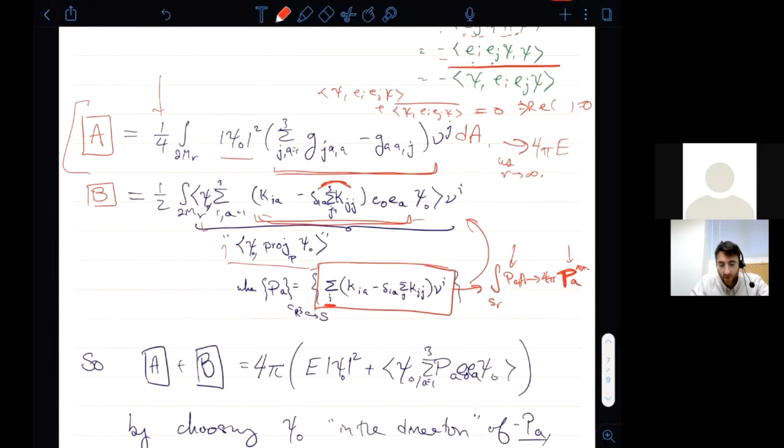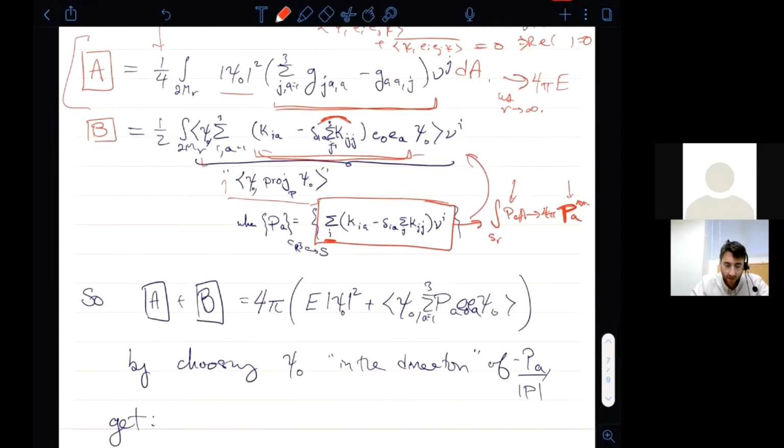Okay, so in the end, what do we arrive at? We get the following. This should be kind of in quotation marks. This is still being integrated over M_R, taking the limit as R goes to infinity here, dA. Okay, so the sum of these two things, as we take the limit as R goes to infinity, will